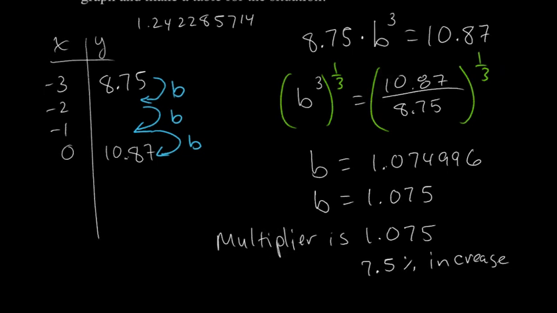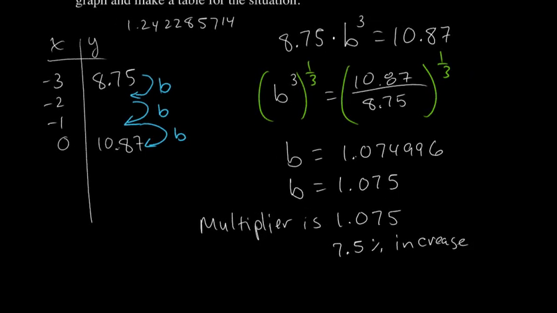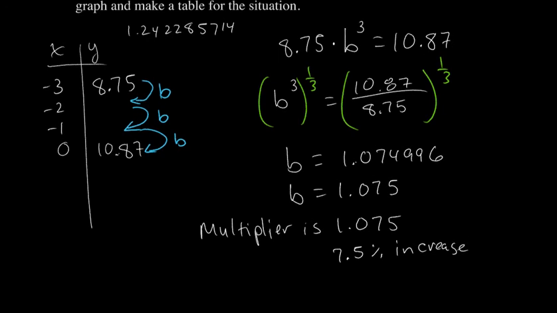So what I haven't done is I haven't filled in my table of values, and I haven't made a graph for this either. So let me quickly grab my calculator and see if I can fill in the table of values here. So I've got this multiplier, and I think I'm going to leave all the digits that I see on my calculator screen. I'm going to leave all of these and use that number each time. So I'll take the 8.75 and I'll multiply by that number, and then I get